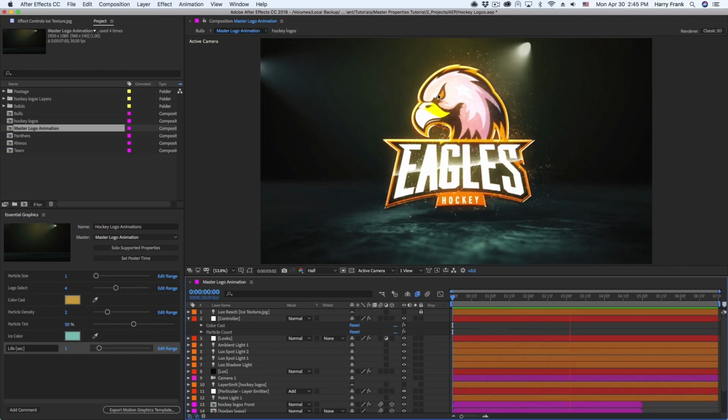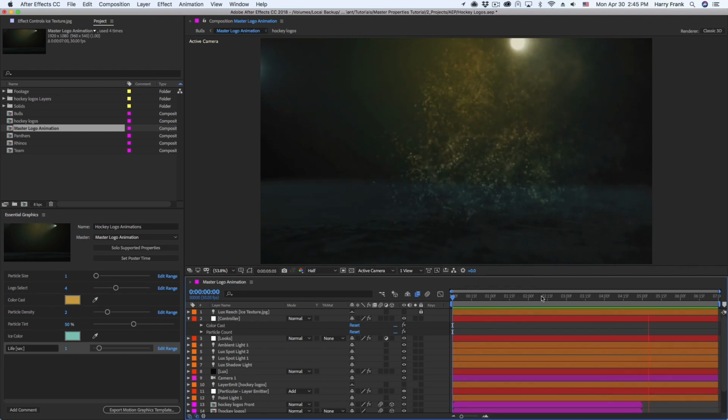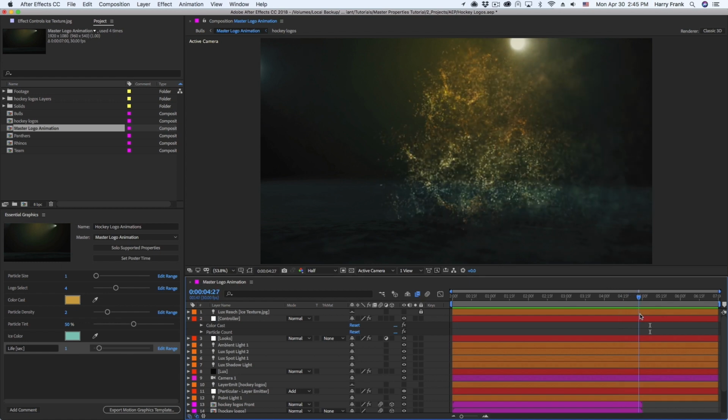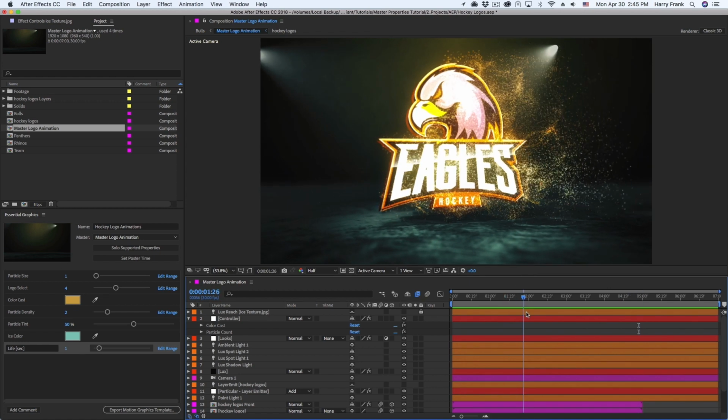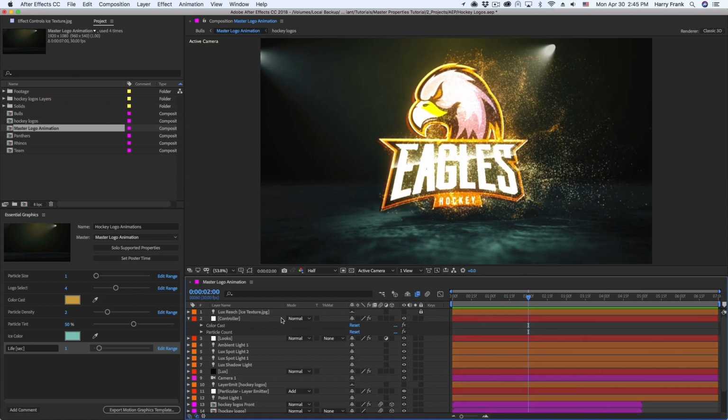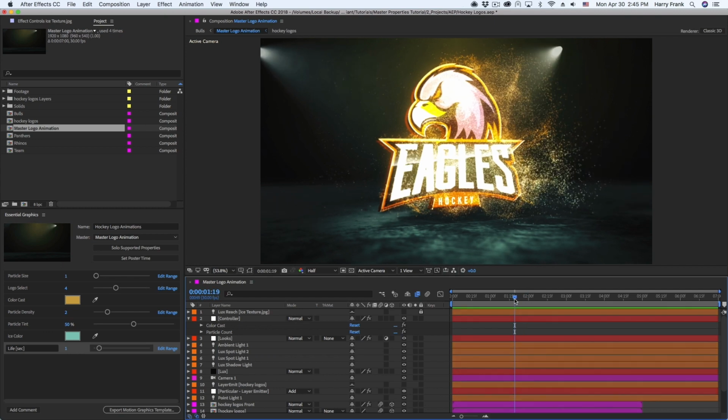In this tutorial, we'll be assembling this logo animation that you see here. As you can see, there's lots of particles going on with the logo, as well as some Trapcode Lux off in the background. But more specifically, we'll be talking about a new feature found in Adobe After Effects called Master